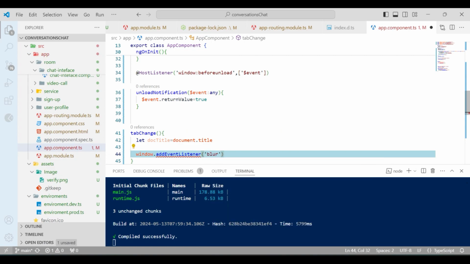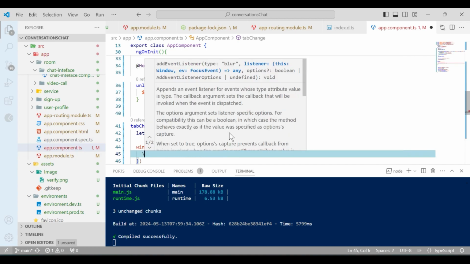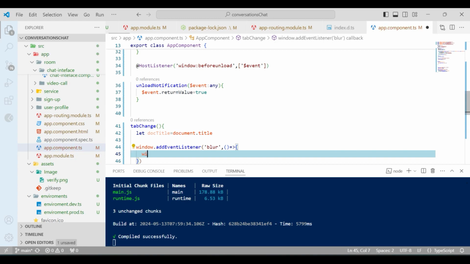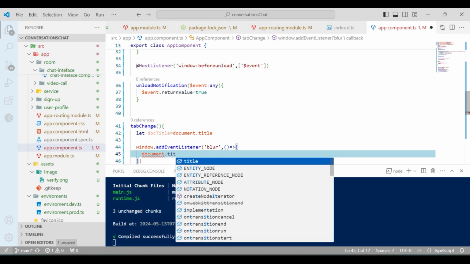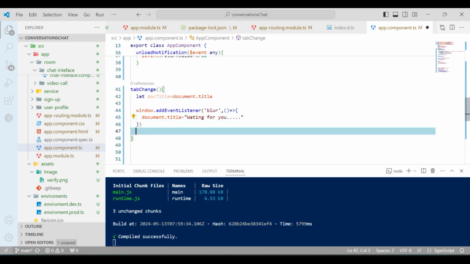So blur with the arrow function, what I will say: document.title equal to our custom message. So I will say something like "waiting for you". And as soon as we are in the focus mode, what will we replace with,